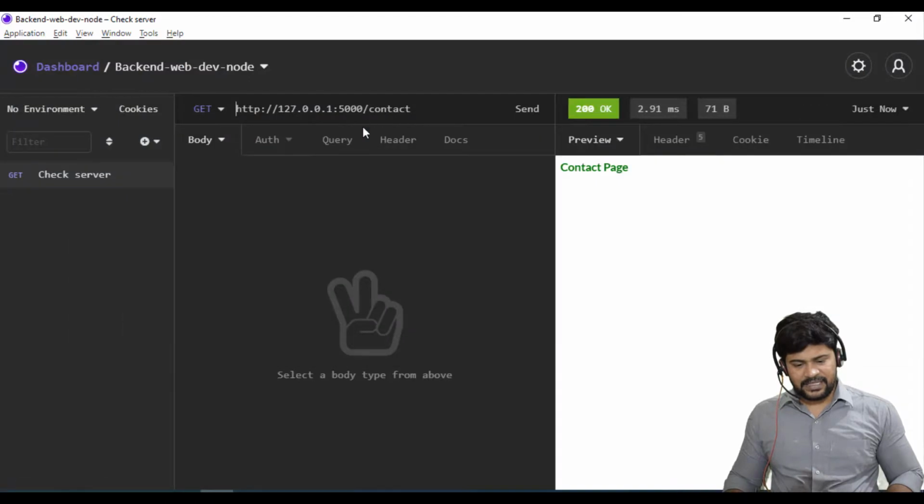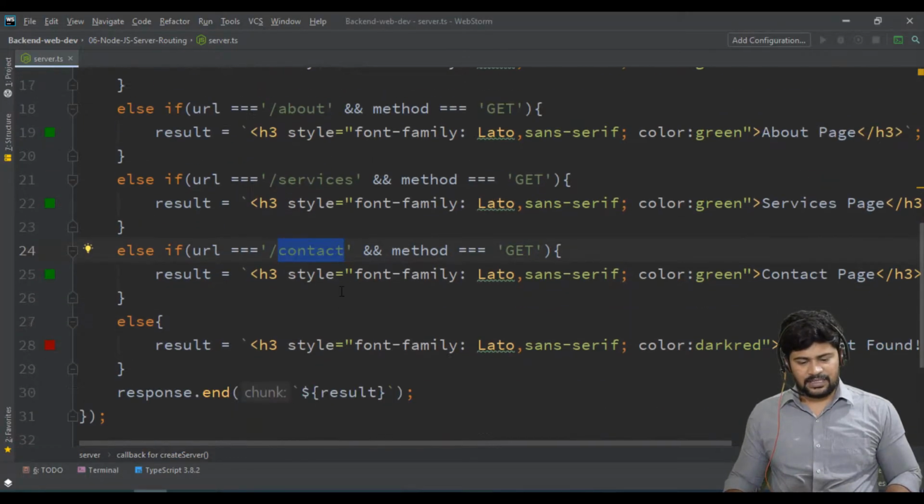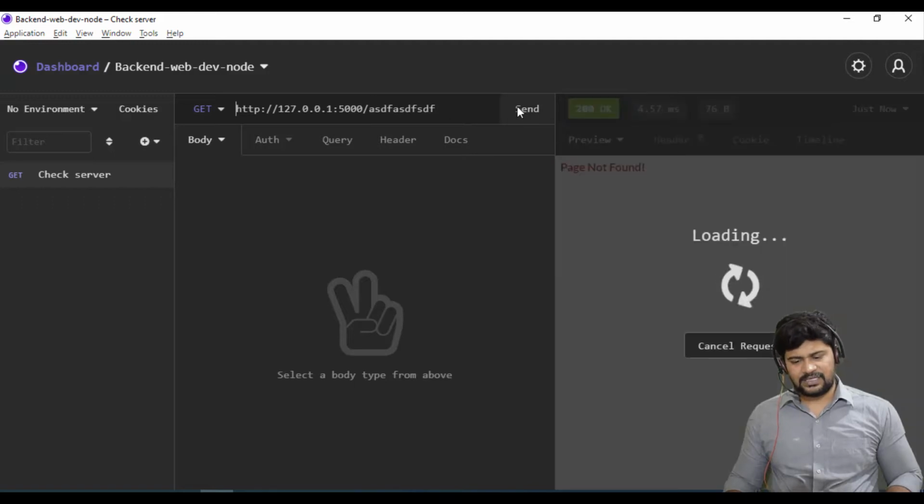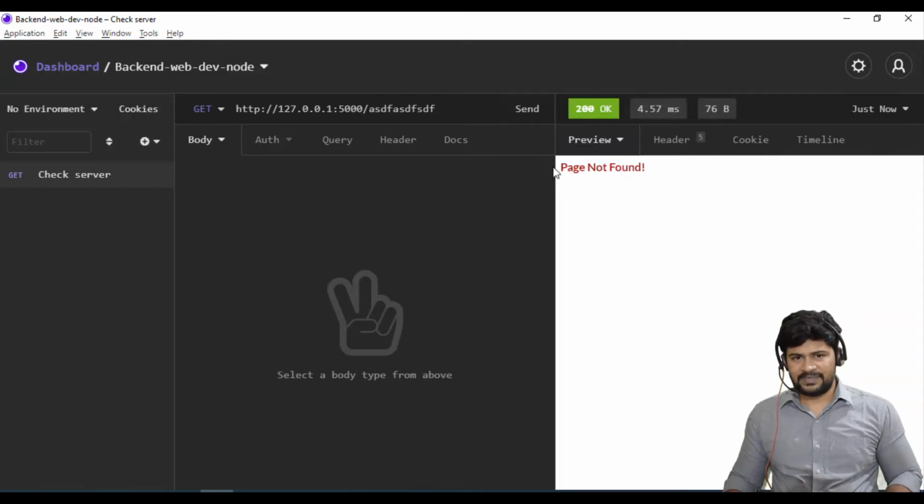Apart from this, if I say something called profile, do you have a profile page here? Not there, so it says page not found. Anything else you type, you get page not found. Obviously, because my server does not have that request URL, it's not serving it.